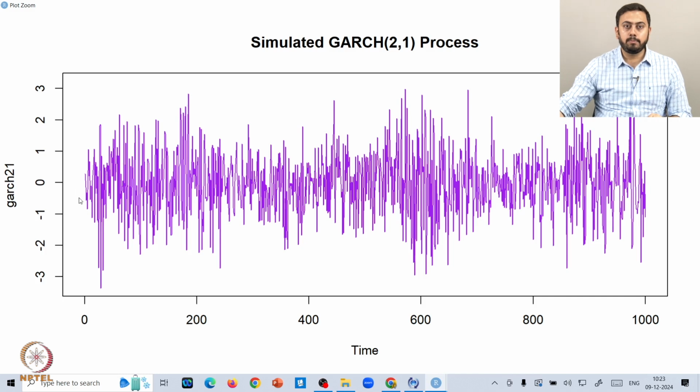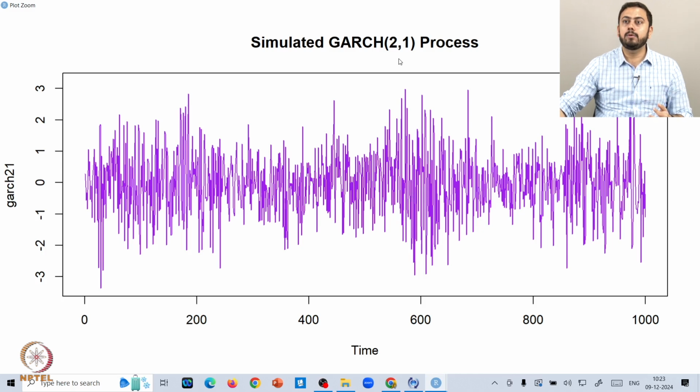Okay, so the peaks and troughs are slightly different. In this GARCH 2.1 model, the highs and lows are much higher and lower correspondingly as compared to something like a GARCH 1.1 or ARCH 1 model. Of course, this is one slightly different characteristic, because as you go on increasing the orders, you are trying to control for that much complexity in the model, right.